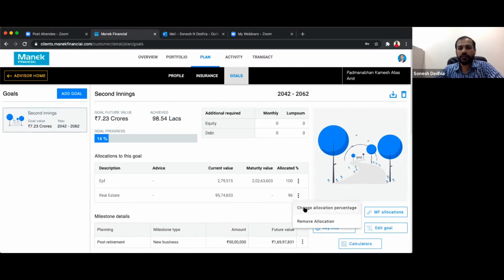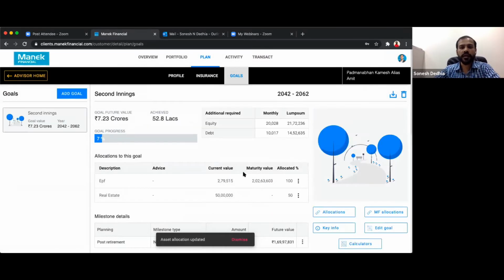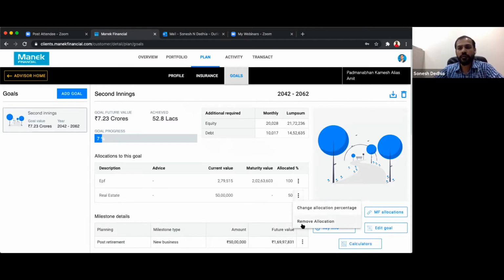Now here I can change the asset allocation, where I say that I want to allocate only 50% of this asset because I want to use it somewhere else. So I say I want to use 50% of this. It will reduce the amount by 50% and then show you the requirement. Only 50 lakh rupees is being allocated, it's achieved by 7%, and the equity and debt requirement is changed accordingly. I can also remove the allocation and change it. So I can make permutations and combinations when I'm preparing goals. When I'm preparing 4-5 goals, I can keep making those permutations and combinations, and that way I can go forward.